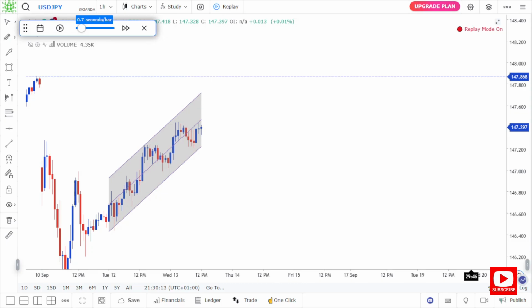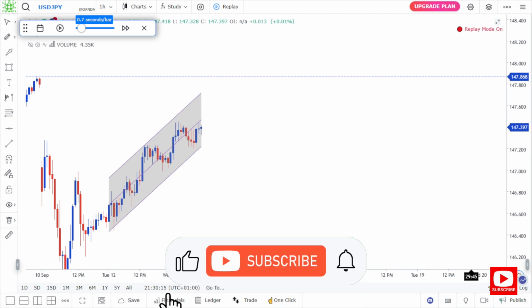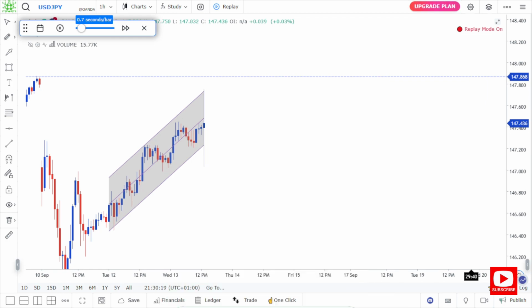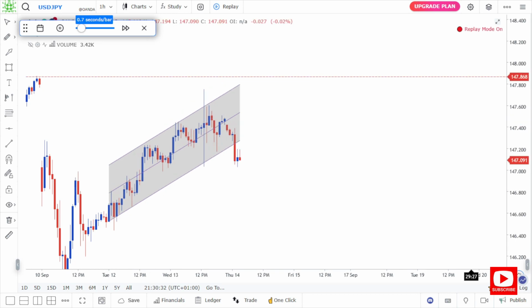Welcome back to TradeVox. Before diving into this strategy, let's look at the basics of linear regression channel. Now, trading linear regression channel is a method that involves identifying trends and potential reversal points. It can be a versatile tool for many trading strategies, from swing trading, breakout trading, momentum trading, also as an